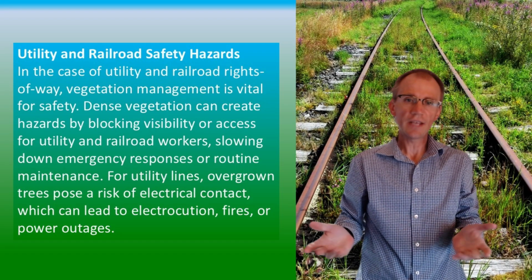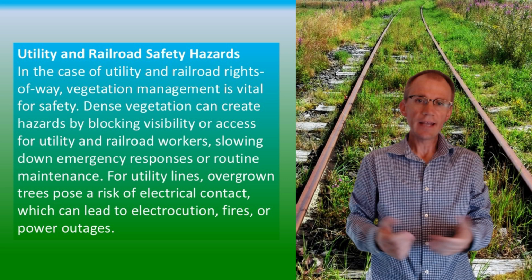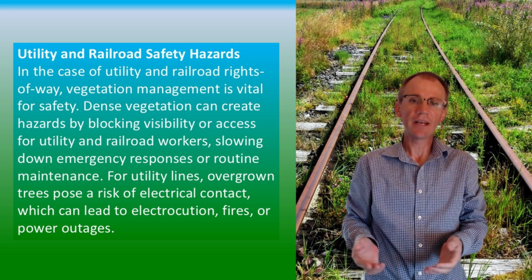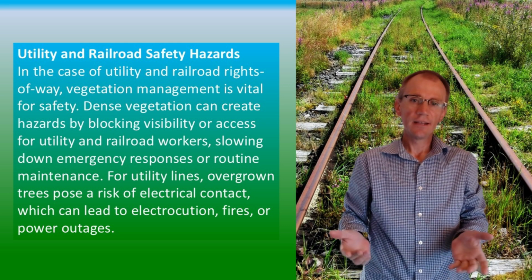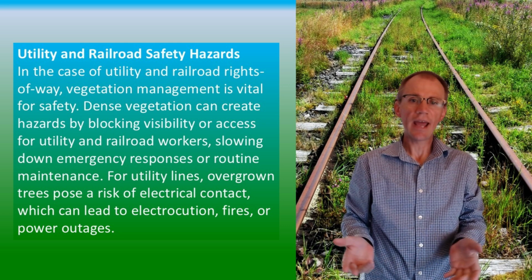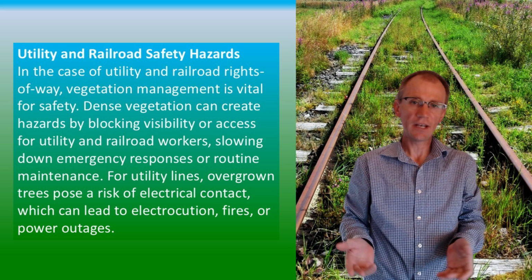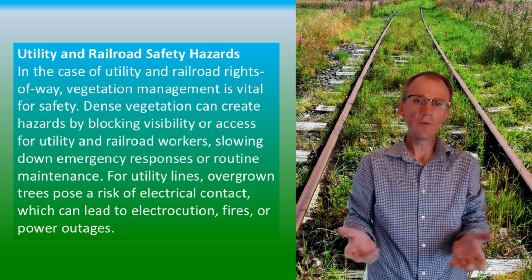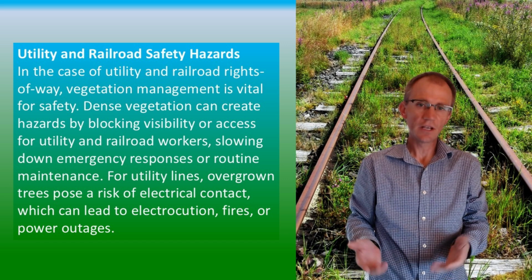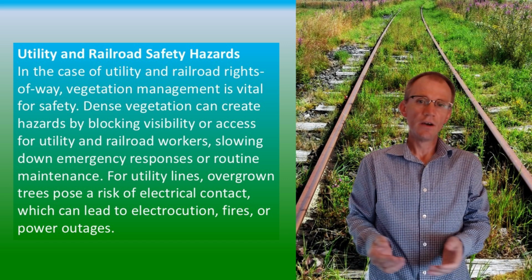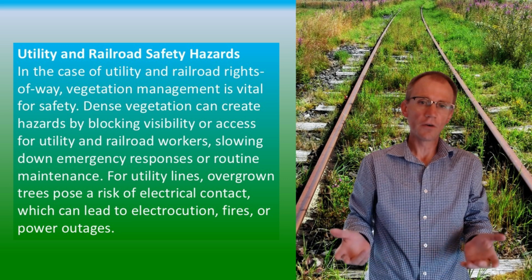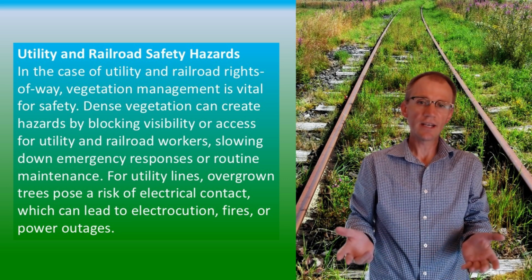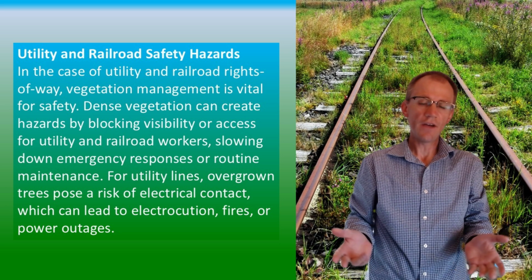Utility and railroad safety hazards. In the case of utility and railroad rights-of-way, vegetation management is vital for safety. Dense vegetation can create hazards by blocking visibility or access for utility and railroad workers, slowing down emergency responses or routine maintenance. For utility lines, overgrown trees pose a risk of electrical contact, which can lead to electrocution, fires, or